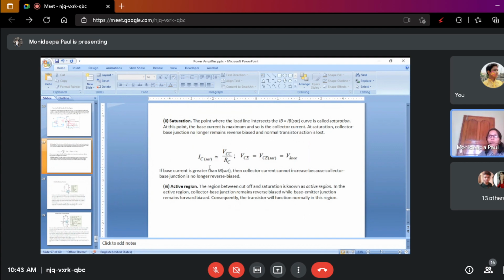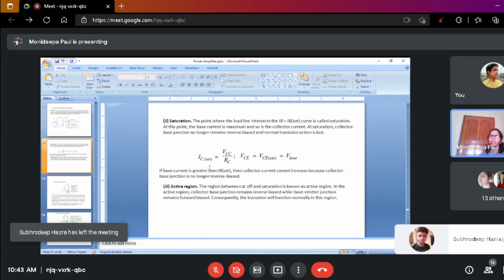The actual condition for the actual conduction mode of the transistor is input is forward bias, output